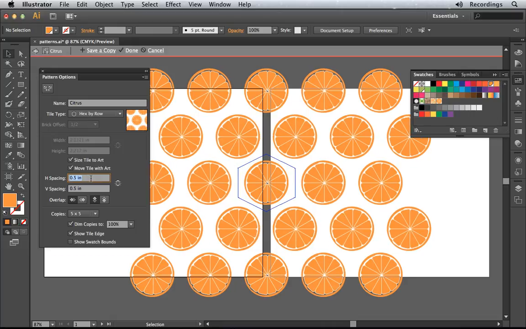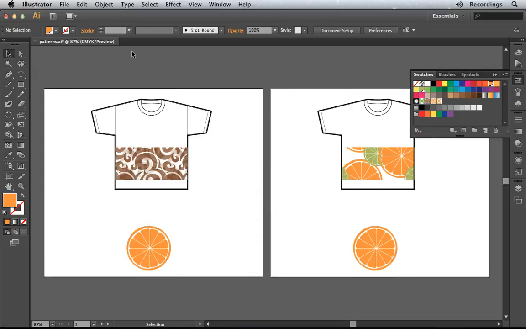Now the resulting effect can be very similar to what we did when we changed the width and height of the pattern tile. The only difference is in one case you're merely defining the space between the individual pattern tiles. In the prior case, when we're looking at width and height, we are defining the overall width and height of the pattern tile itself. So I'm now going to click on Done to jump out of this pattern editing mode,